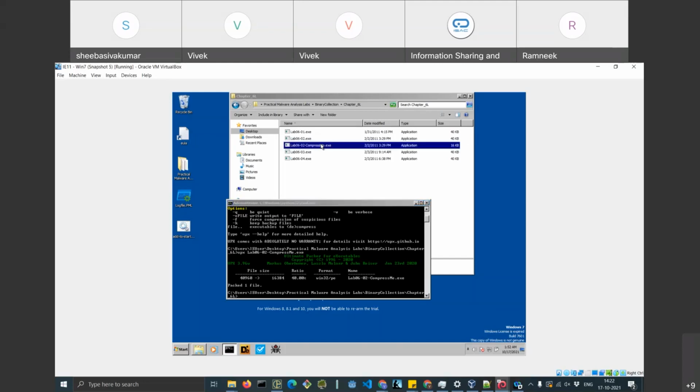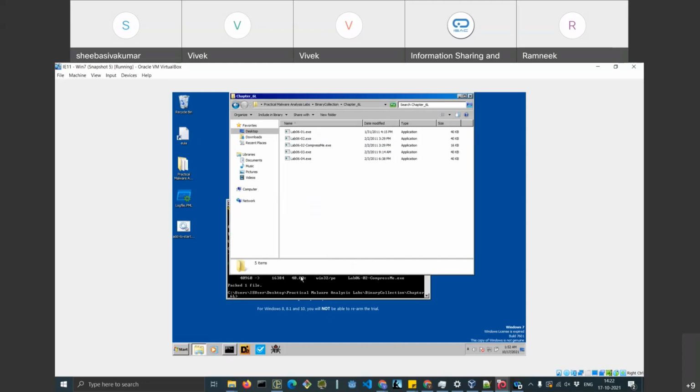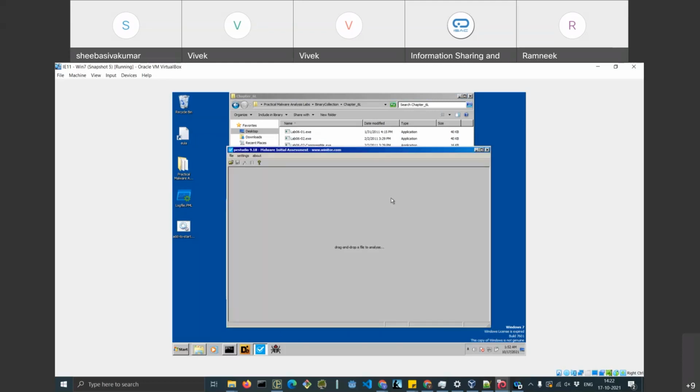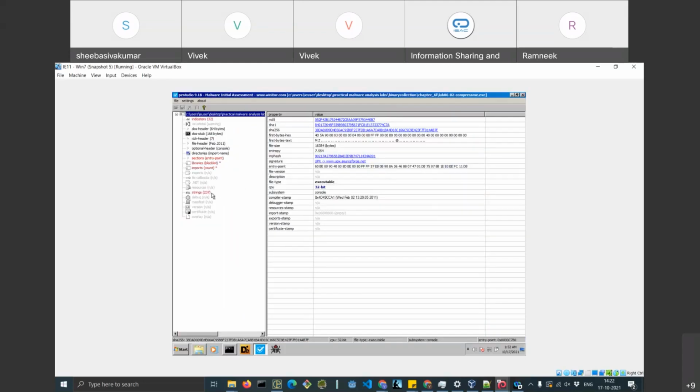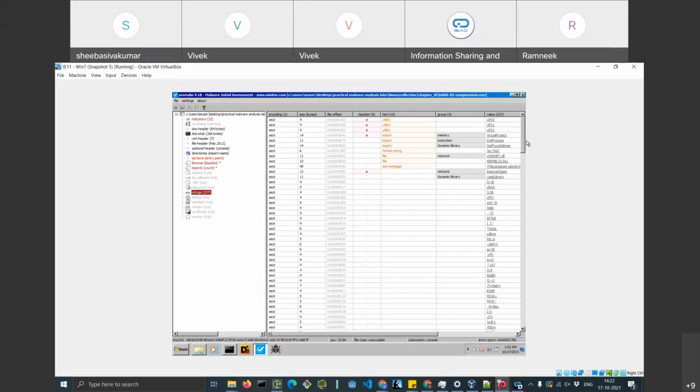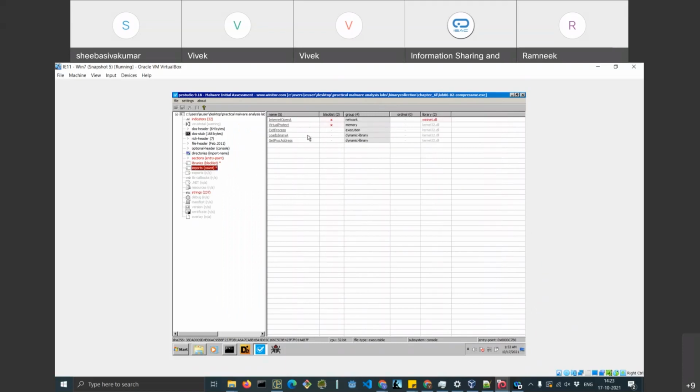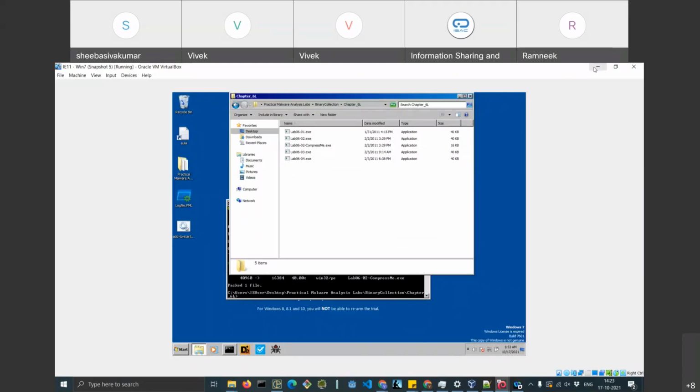Now you observe this file size, it just says 16 KB. So now when you try to analyze this, when you try to open this in PE Studio, you'll see that it is very, very different from what it was before it was packed. The strings have been reduced. Then the imports have been reduced. VirusTotal, the entry is different. So these are basically the several differences when you try to pack an executable.